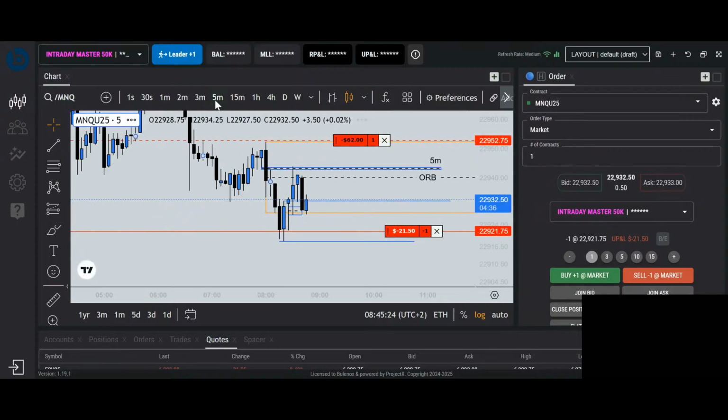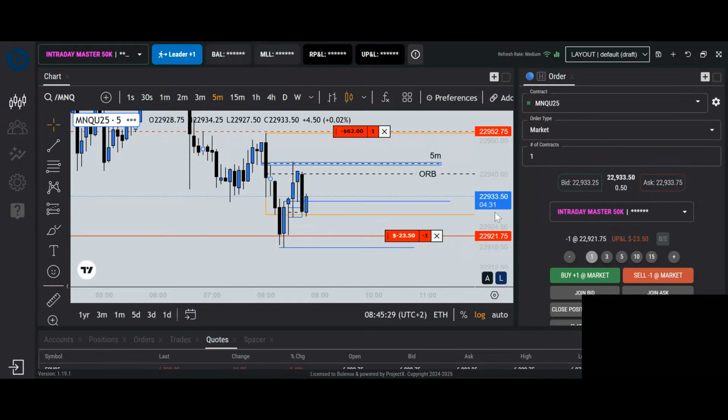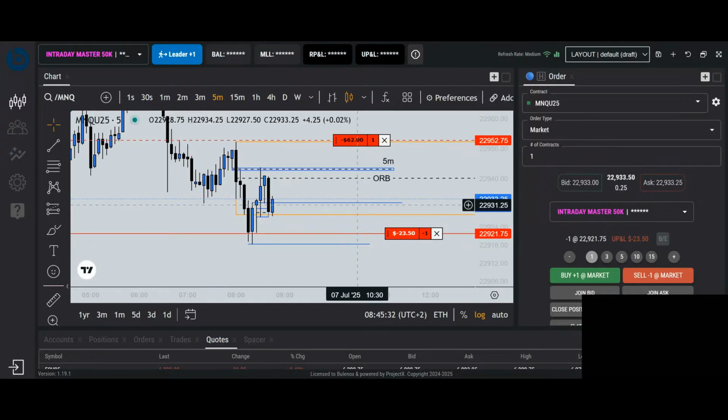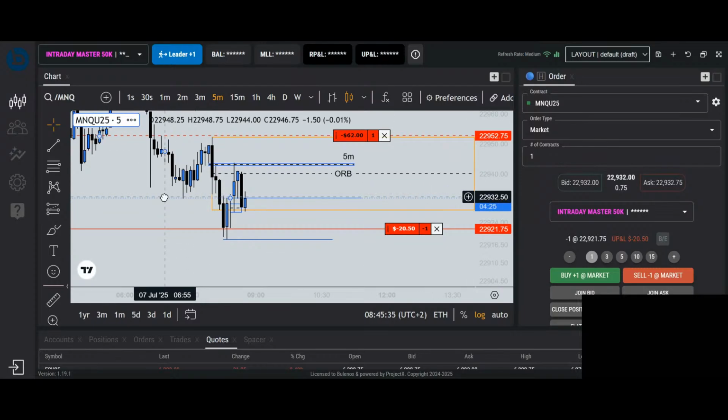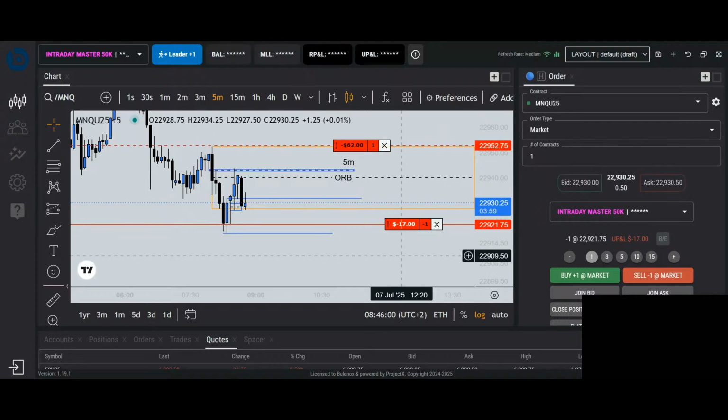Just for the beginning, once you get used to it, you will be able to let go of it, but you need to do this for yourself in the beginning. If you cannot stop yourself from trading, it will just help you get over it. After a while, your brain will get used to it, and it says, okay, this will happen automatically, and then you can let go of it for a while and see if you can handle it too. Once you get full control over your emotions, you will be able to handle it easily.